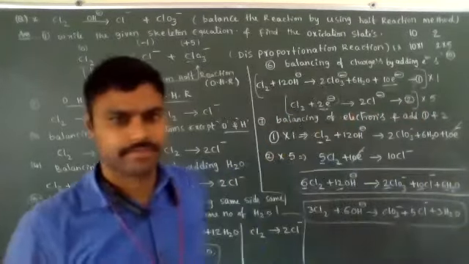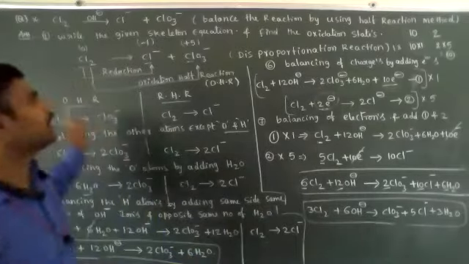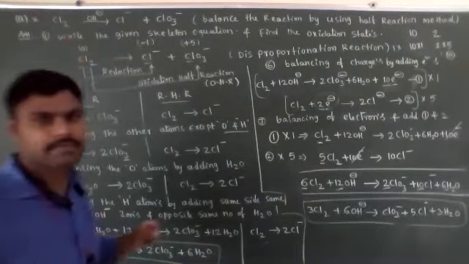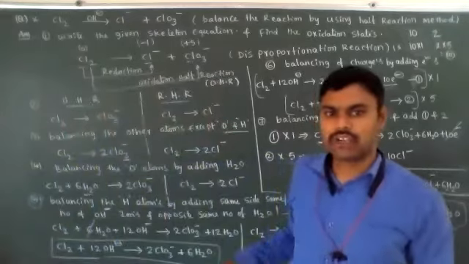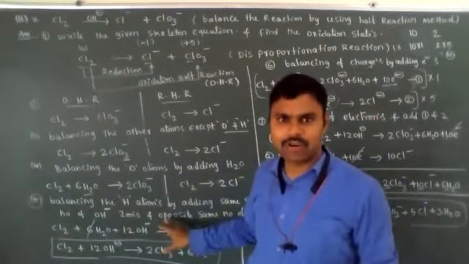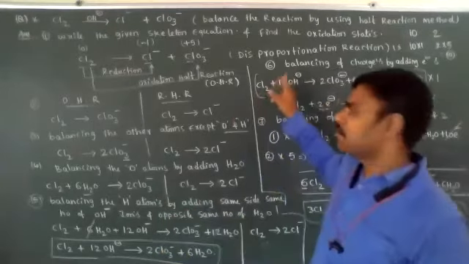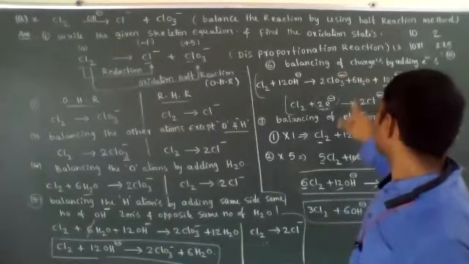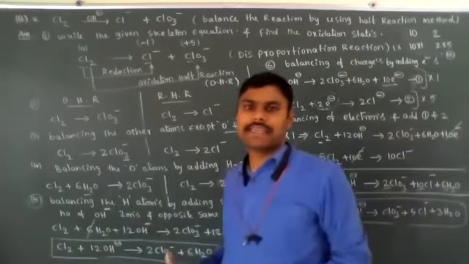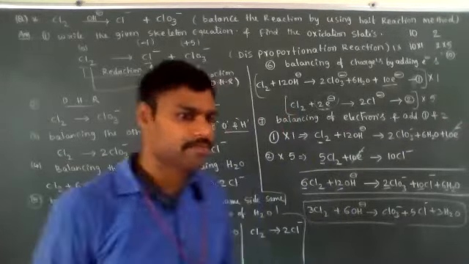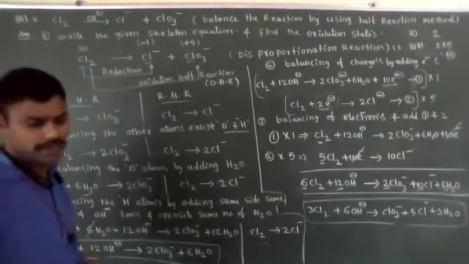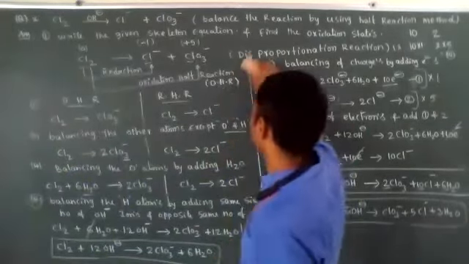Okay students, so like that, redox reactions we need to balance in basic medium by using the half reaction method. Up to the oxygen atoms it is the same; only in the balancing of hydrogen atoms does a difference come. The remaining balancing of charges and balancing of electrons are all the same, either in basic medium or acidic medium. Only the difference comes in the balancing of hydrogen atoms. Okay, let's see next.